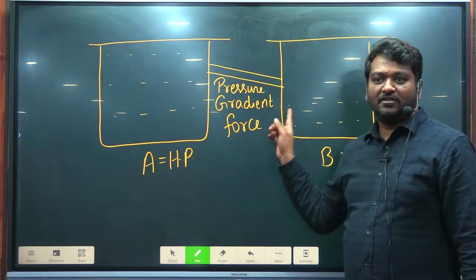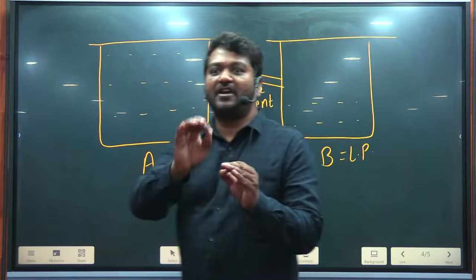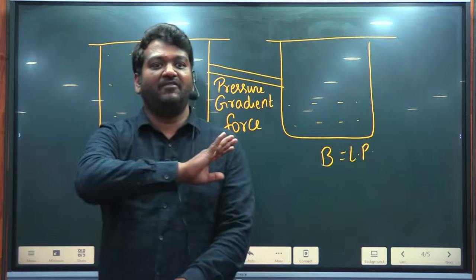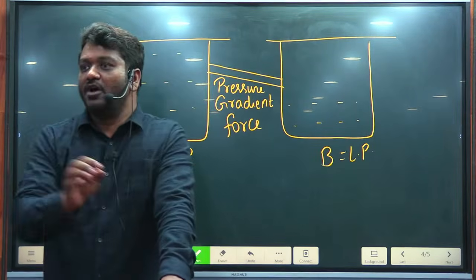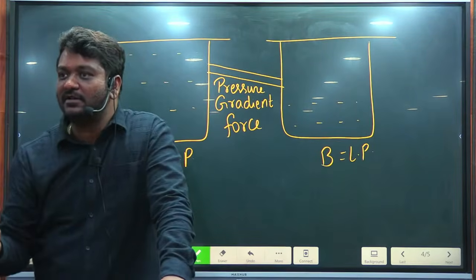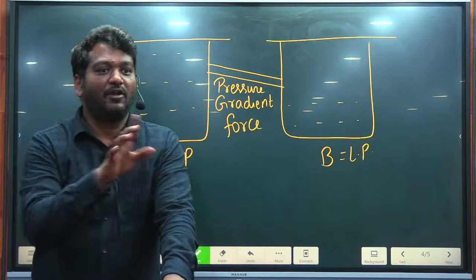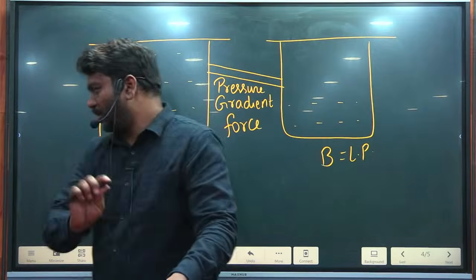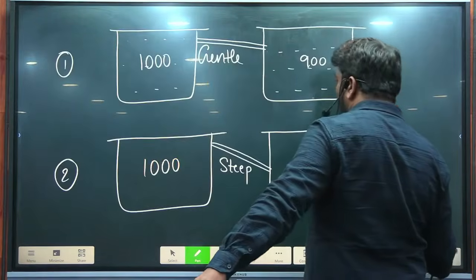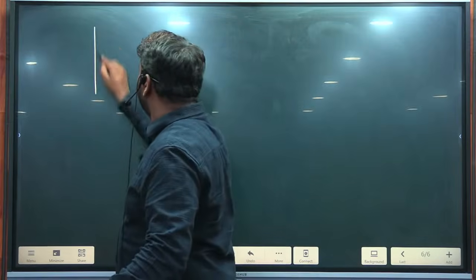You understand the terms? Now, do you understand high pressure, low pressure? Anywhere on earth, if air has to go, the only reason air goes is pressure. And air will always go from where to where? High pressure to low pressure. Now, I want you to tell what is high pressure and what is low pressure.